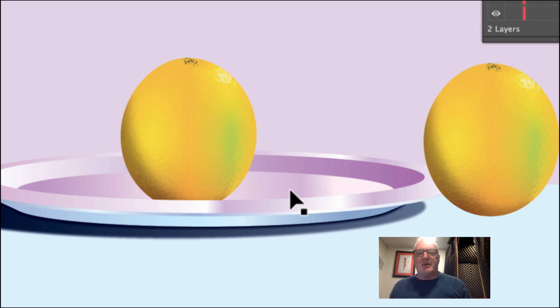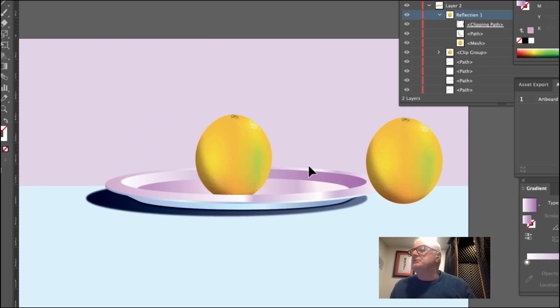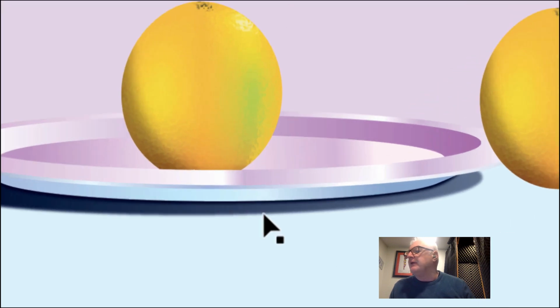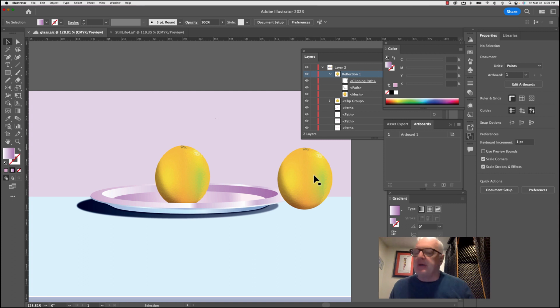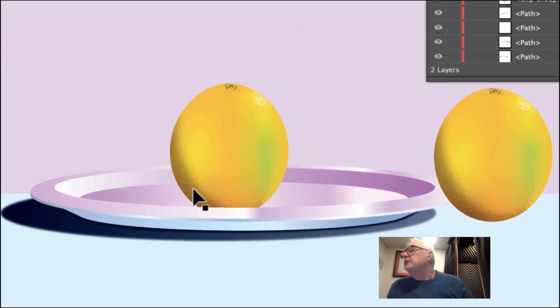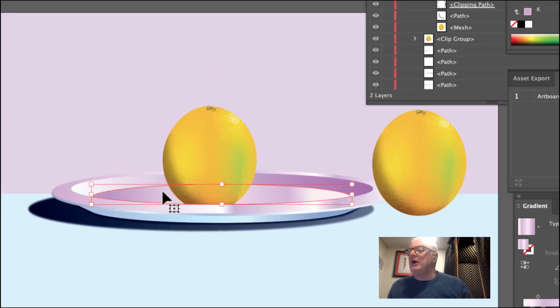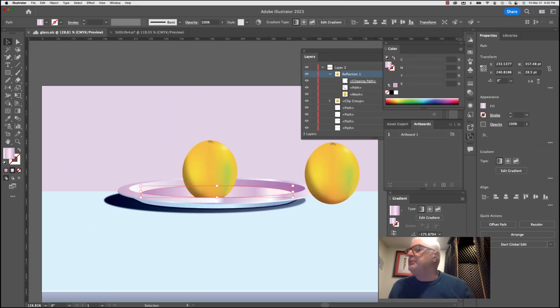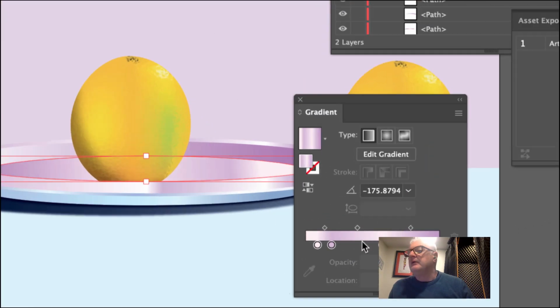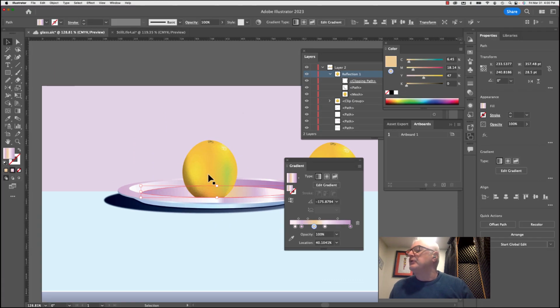I've just used very basic linear gradients to give the illusion of reflecting the pink in the walls and, down here, reflecting the blue on the table. I created a copy of the orange, which I'm going to use in a few instances to create the illusion of reflections. Now, one way that we could do this right off the top is within the gradient panel, we could put slight bits of orange in there. Just going to move my gradient panel there. I can put in a color swatch,